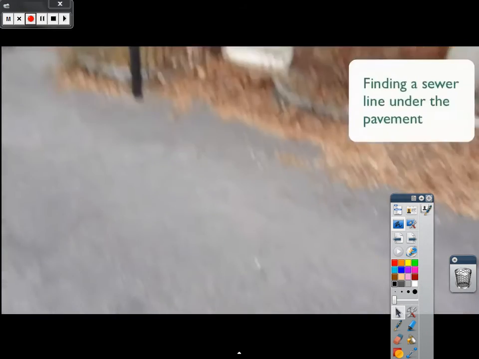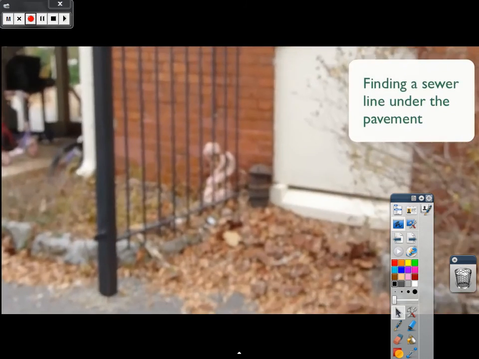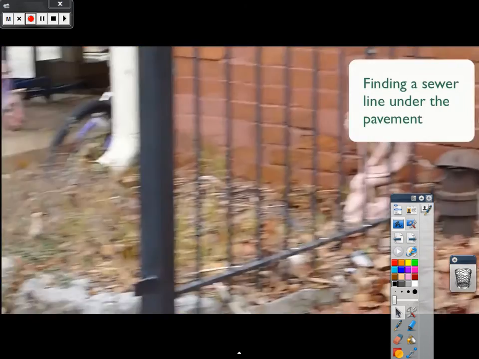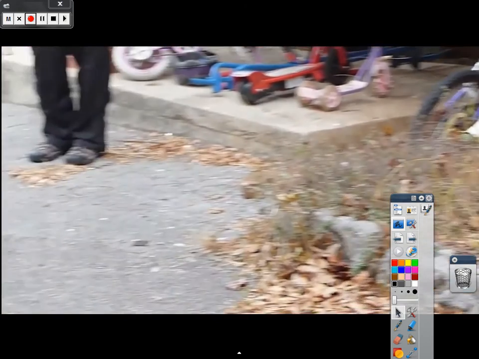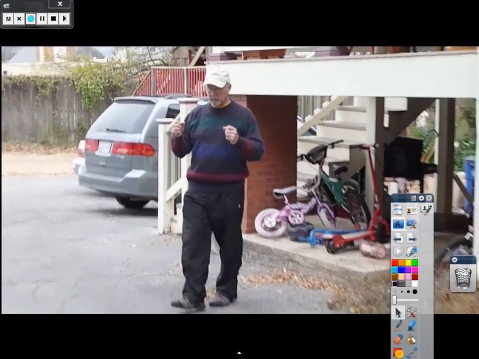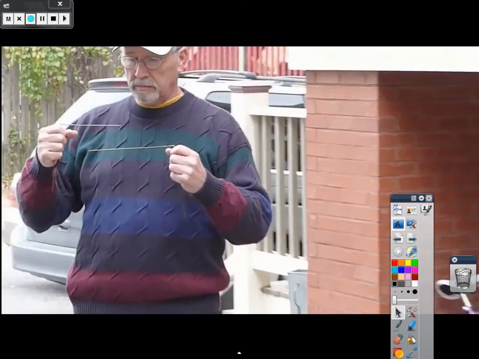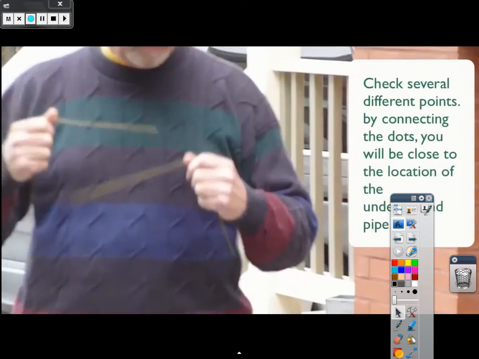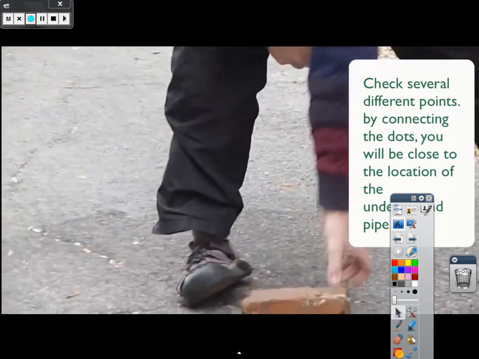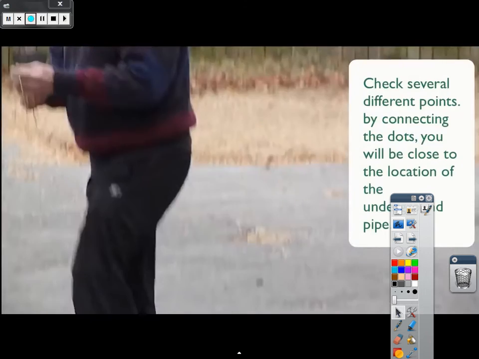How you can find a sewer drain. You can see the clean out, and see if we can find the location of the sewer drain under the pavement, and it will be at least 5 feet underground here. So how does he do that? So what I've done is I'll find one spot, place a brick,